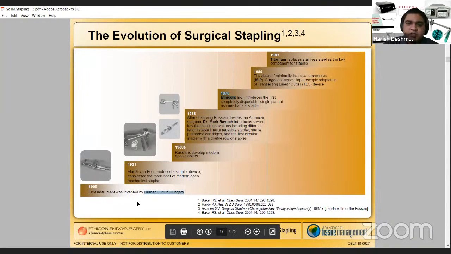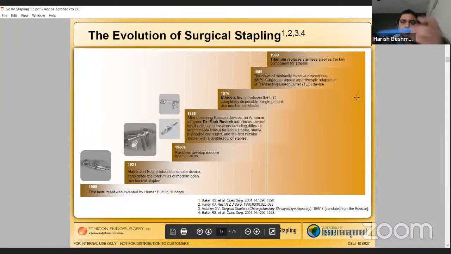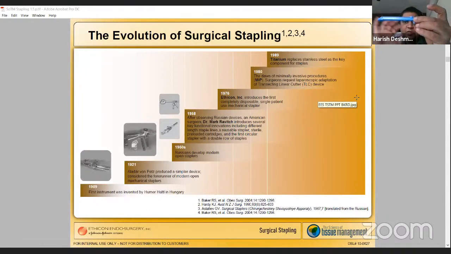For example, if you see the stapler in my hand in the video, this is the preloaded one with pins. When Dr. Hammer Huttel came into the picture, he designed it so that you had to open up one pin, load it in this, then align it to the stapler, and then fire. So that was a very cumbersome process basically. But down the line,